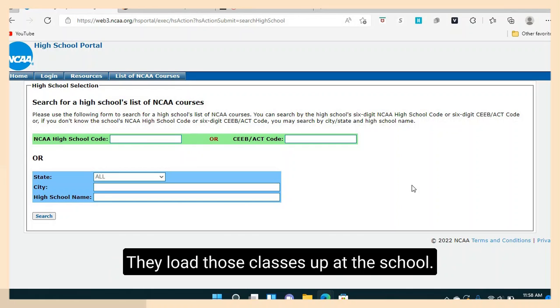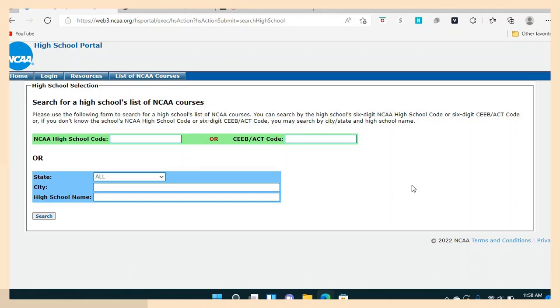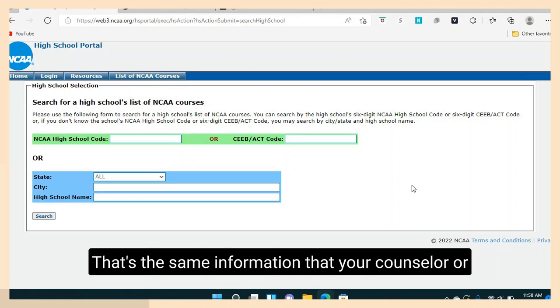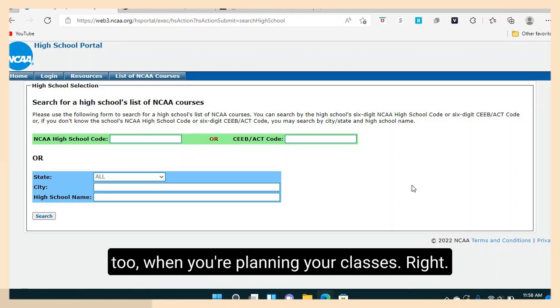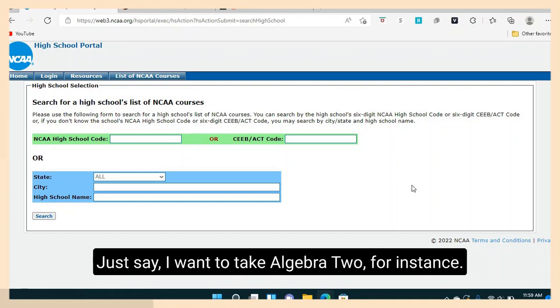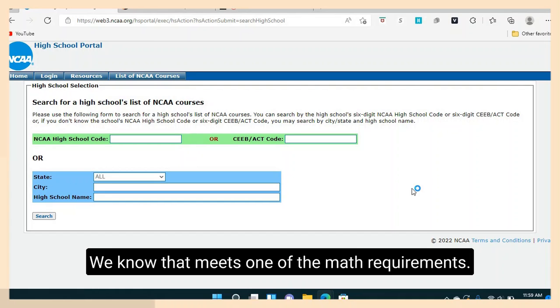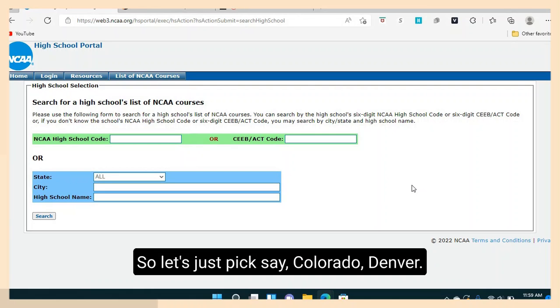Right? They load those classes up at the school. That's the same information that your counselor or coach will share with you at school. But you can also look here too when you're planning your classes, right? If say I want to take Algebra 2, for instance, right? We know that meets one of the math requirements. So let's just pick